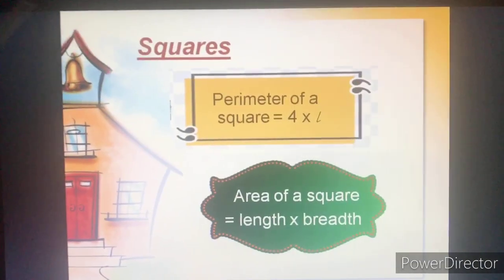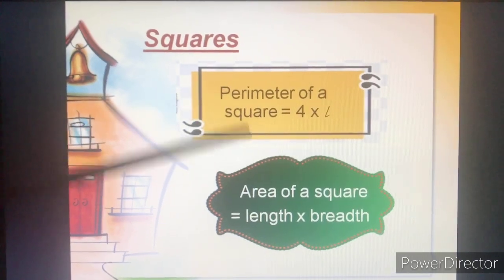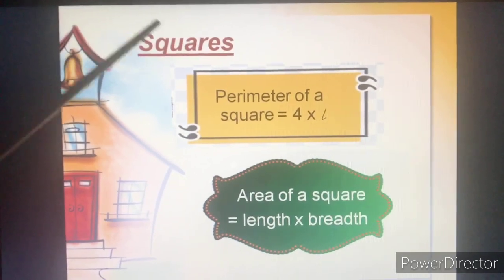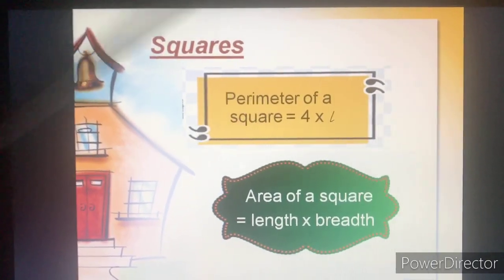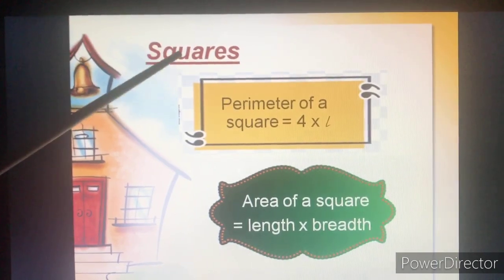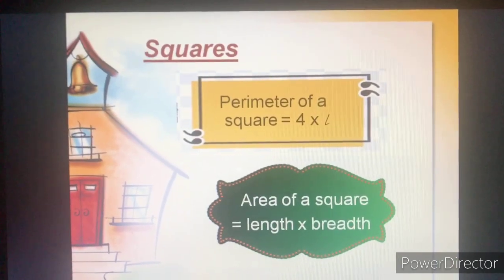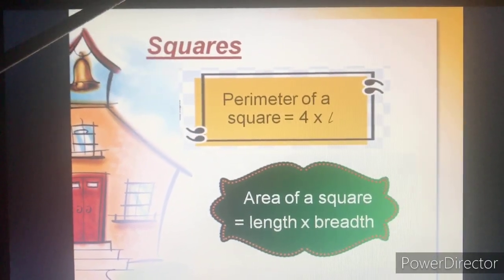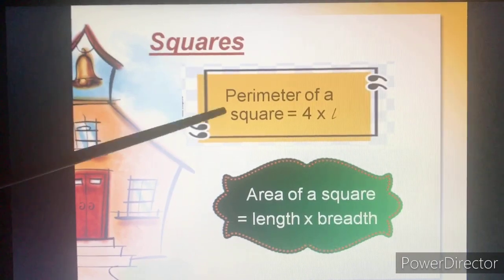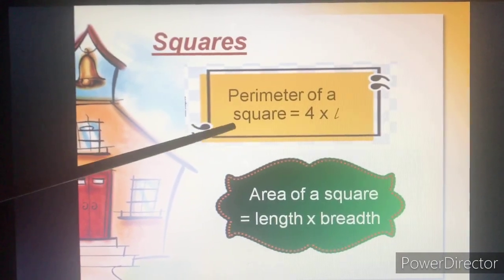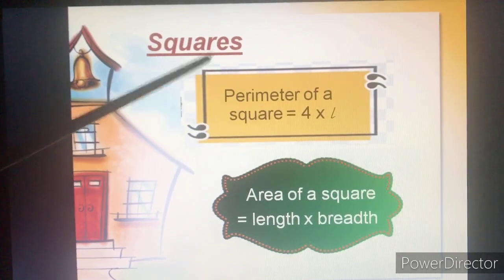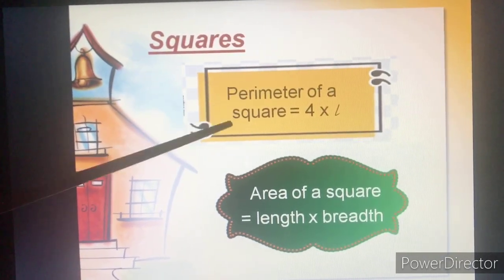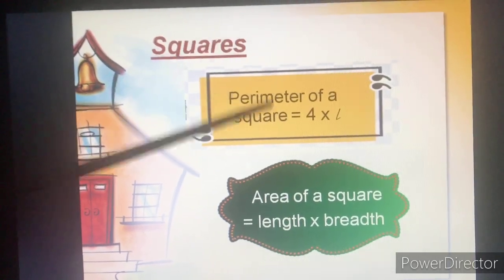In this topic, basically we have to find out the perimeters and area of squares. We know what is perimeter, we know what is area, and we know what is squares. Now, how to calculate them? To calculate all these things, we have to apply few formulas. So for perimeter of a square, I repeat, of a square, because it will be different if you are using some other shapes, but here we are using square because square is having 4 equal sides.